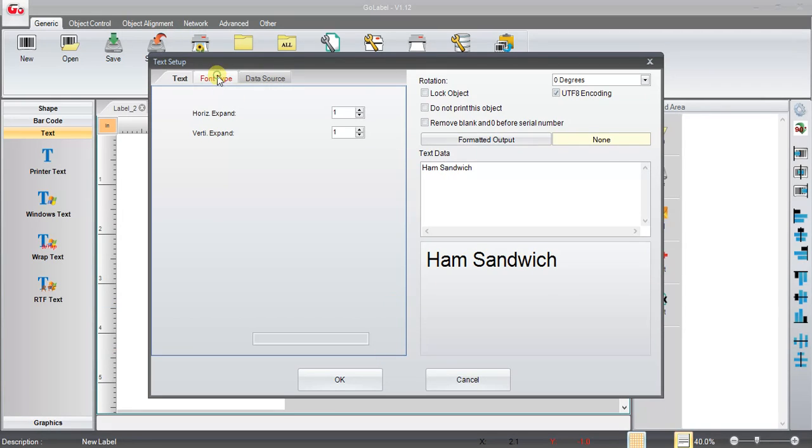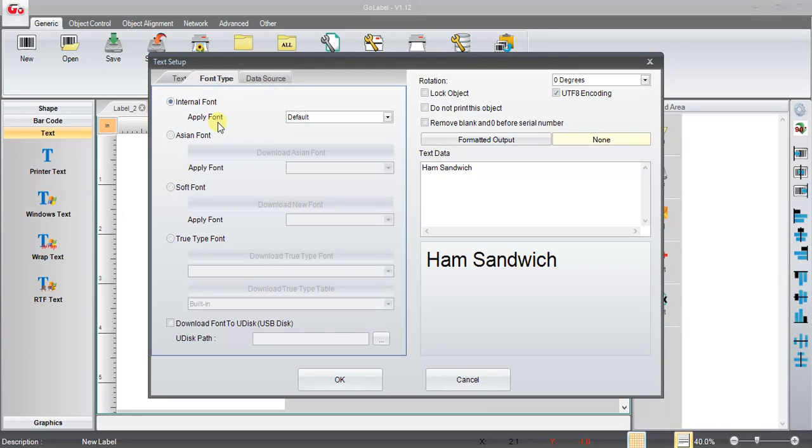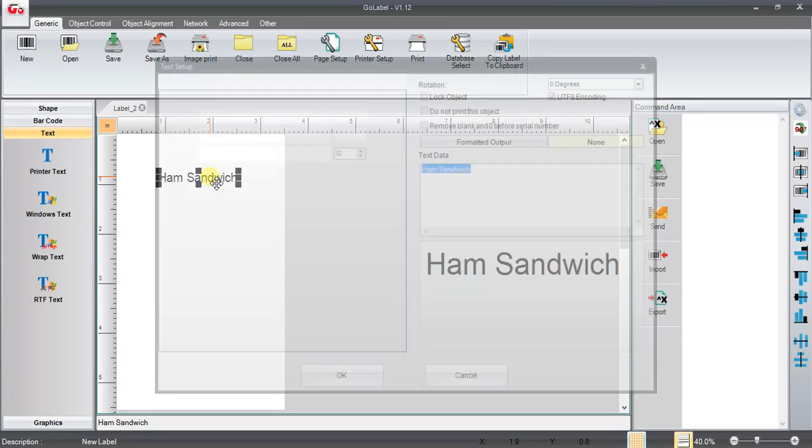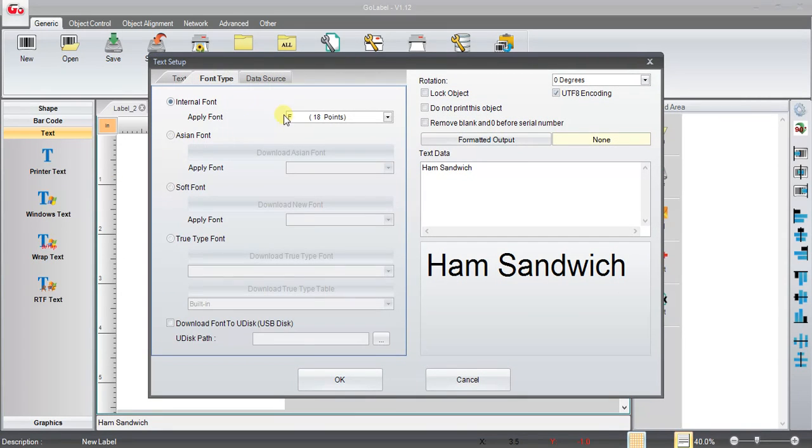and then we can click on font type right here. And when you click on font type, there's the default font, which I think is size 12 or size 10. But you can come in here and click that drop down arrow and you can pick whichever size you want. So if we go with size 18, then we can come down here, hit OK. And we have our ham sandwich, and we see that's too small,